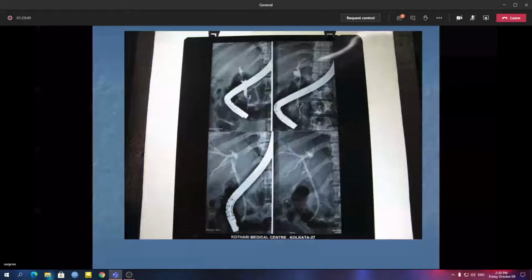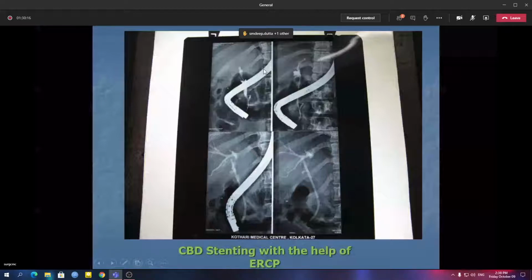Choledochoscopy, you can see within the CBD as well. Like you do a cystoscopy within the bladder, and from the bladder you put a ureteroscope that has its own camera system. You can see within the ureter up to the pelvis, but in ERCP they do not. And ERCP, as I told, you can do. This is a case: you can see the ERCP is done, dye is pushed, there is a stricture, maybe a malignant or non-malignant one, and they have pushed a stent inside to make the CBD patent again, to drain the bile.